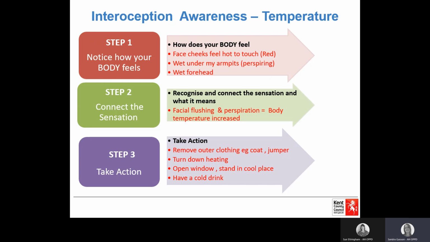Interoception awareness helps you manage the way that you feel by prompting you to take action based on the body sensations you notice. This slide is an example of interoception awareness around temperature. The first step is to practice noticing how your body feels. So in this case, recognising the sensations as you are sweating, you may notice that you are perspiring. You may feel that your armpits are wet. You may notice a wet patch on your clothing around your armpit area. Your forehead may also feel wet to touch, and the cheeks on your face may also look red and